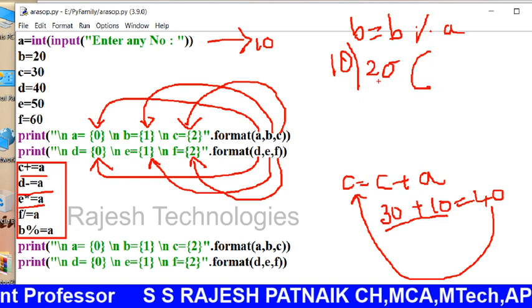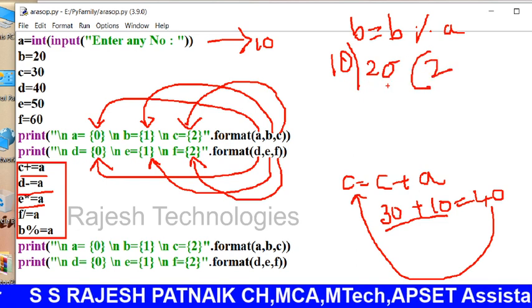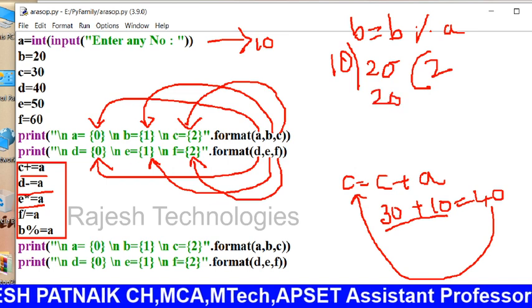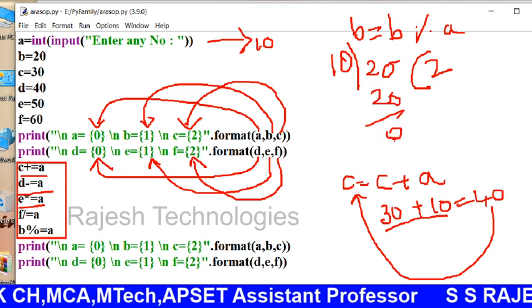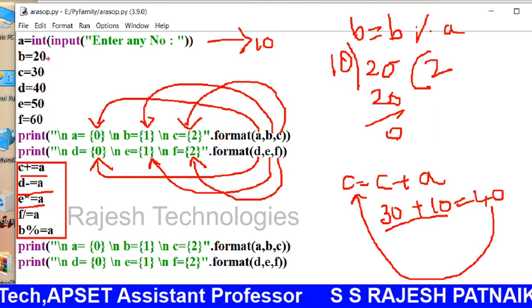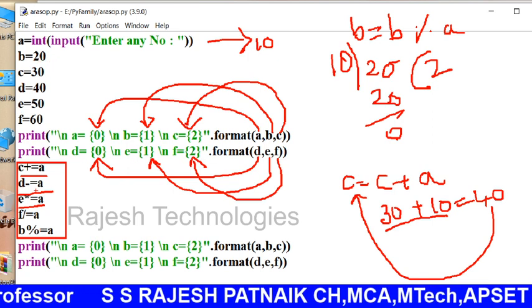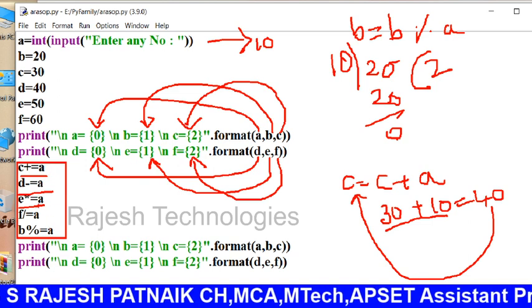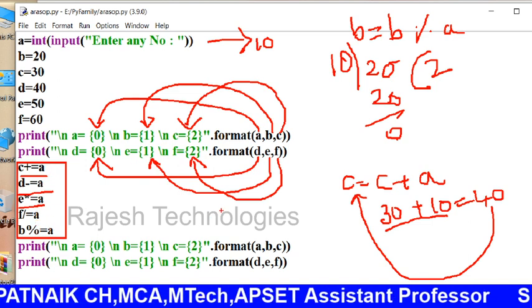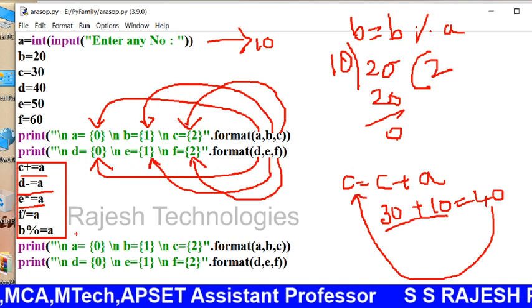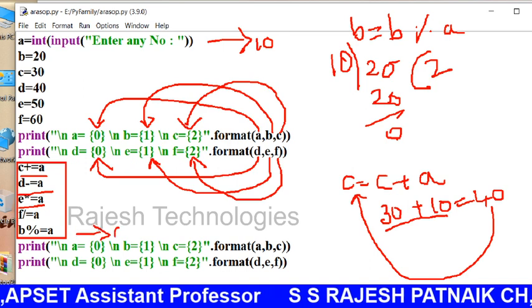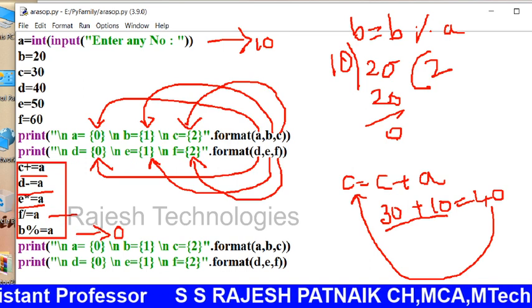You can write like this. 10 twos are 20. So the remainder is 0. So 0 will be stored in B. Now the values will be changed. All the values will be changed. C, D, E, F and B values will be changed. B becomes 0, F becomes 6,